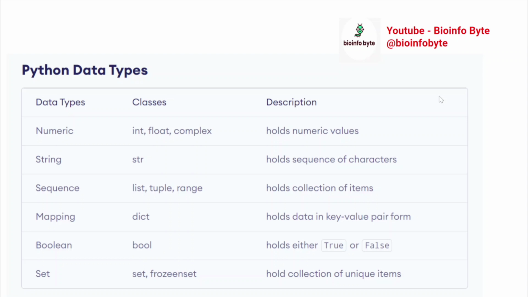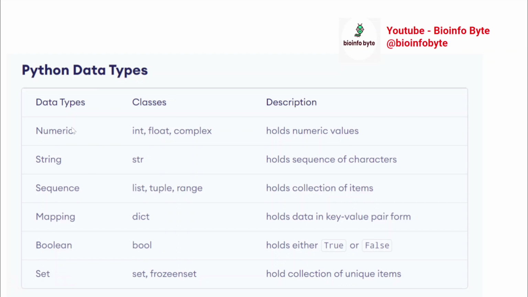As we have discussed in our previous lesson, what a variable is and how we can store a value inside a variable. So in this particular lesson, we are looking at how many data types there are in Python, and exactly how we can define them. Starting with the different data types: numeric, string, sequence, mapping, boolean and set.